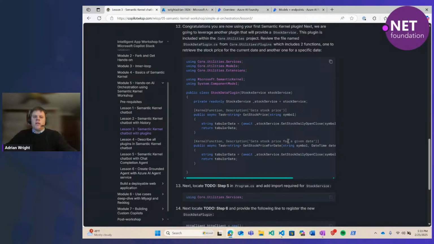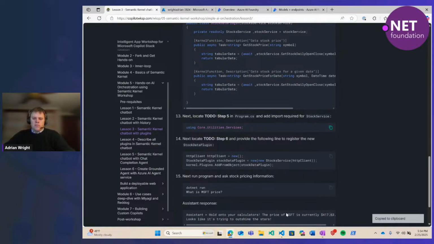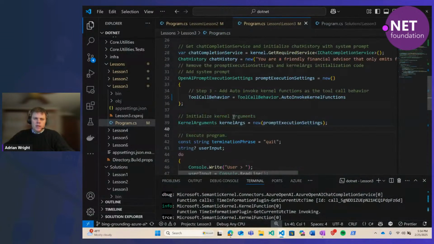So as Jorge mentioned, there's an interface here to a free API from polygon.io. And this plugin is going to have 2 functions that we can call. One is the stock price for a given symbol, and the other is stock price for a symbol on a given date. And again, we're giving it natural language descriptions for when to use these, and Semantic Kernel will decide based on the prompt which of these to use. So we'll pull in this plugin as well.